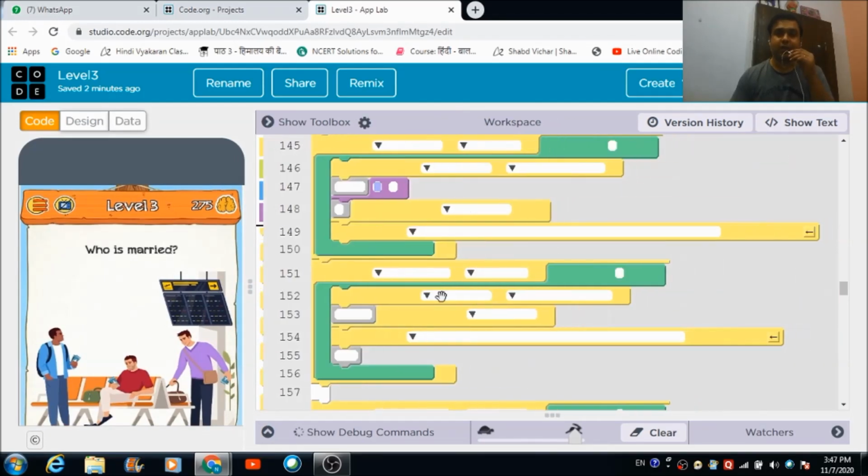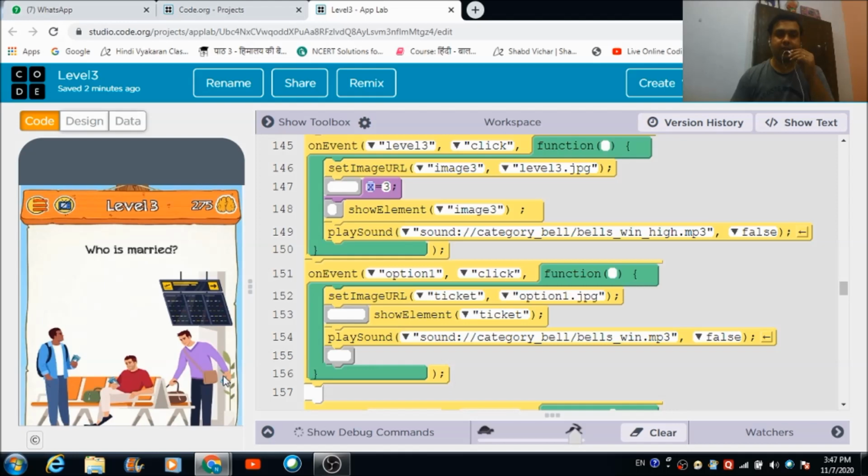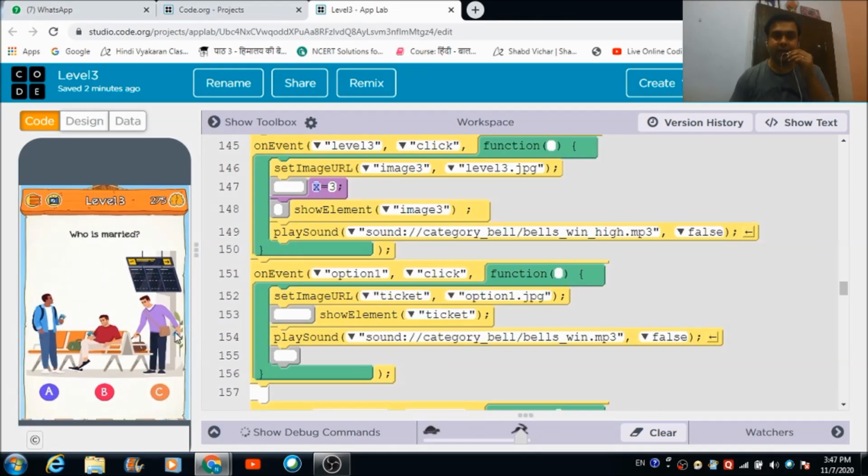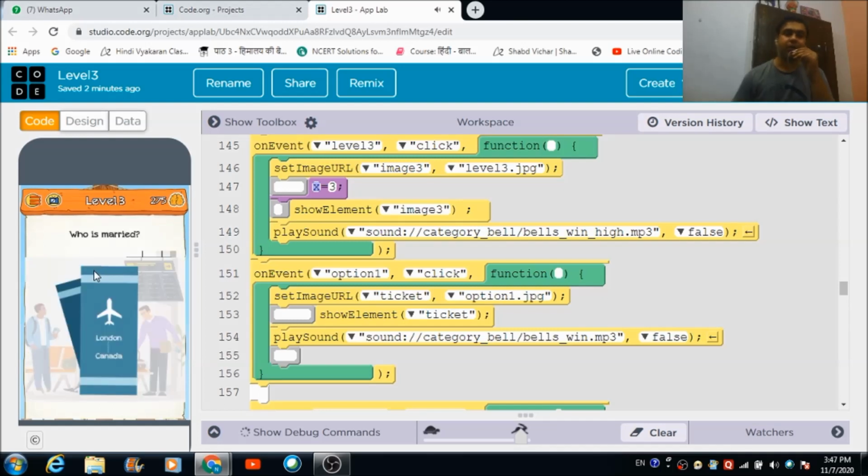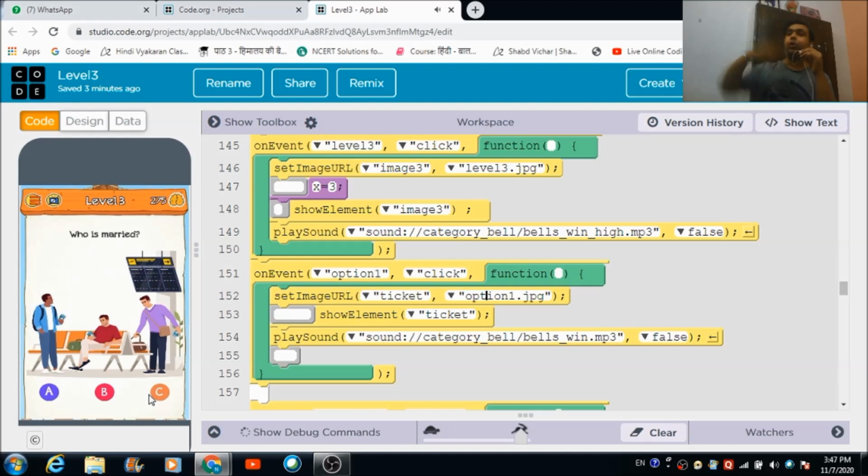Now if the user wants to check out the tickets, I have defined, this is a simple image which you are seeing right now, and here I have defined option 1. So when the user hits this option 1 label, he will come across an image button, the name of which is ticket. Fine, and this is the image which I have set, which he will be able to see in case he clicks on this option 1 label. Now let's hit this image button and it will disappear.